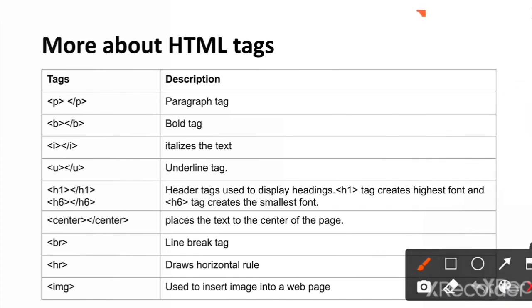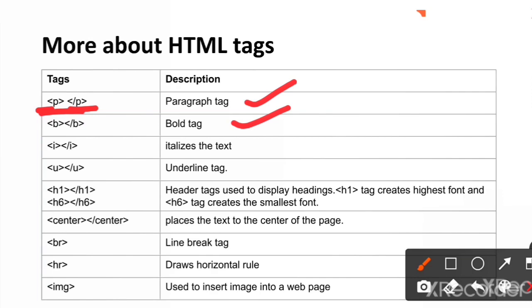Okay, so the first tag is paragraph tag. If you want to place textual information in a paragraph, you can use this paragraph tag. This tag has opening and ending. So if you want any paragraph to be displayed, just place that paragraph information within this tag. Okay, and next bold tag.